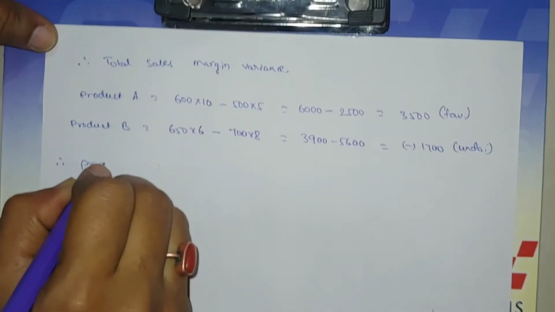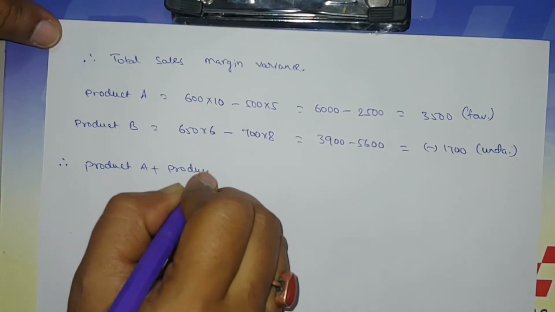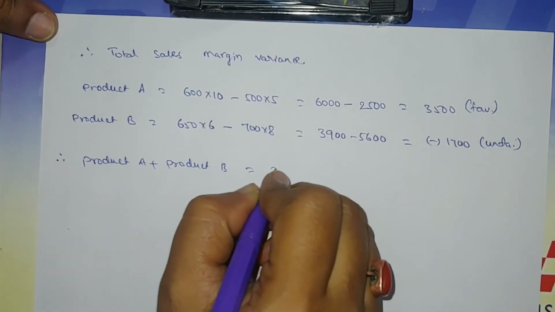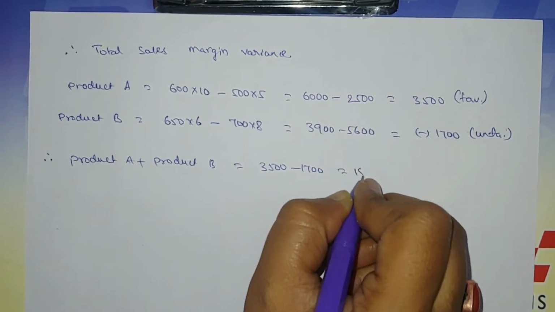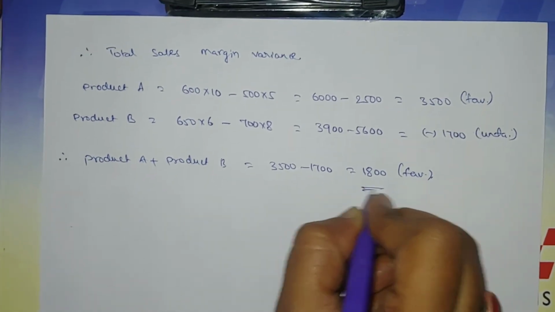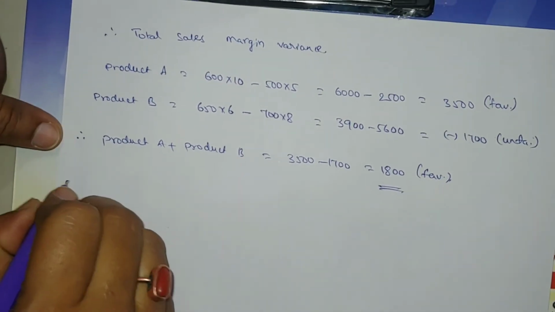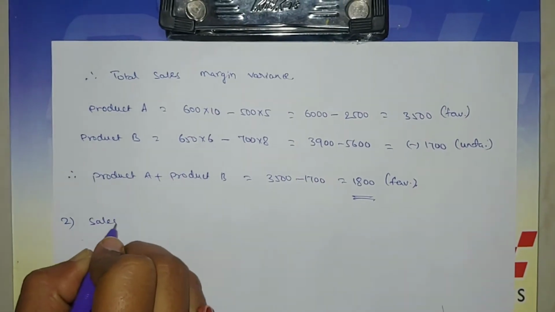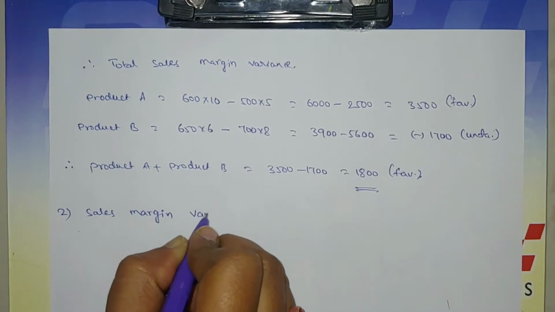Therefore, product A plus product B is equal to 3500 minus 1700. It is 1800. It is favorable. Therefore, total sales margin variance is equal to 1800. Next, second one, sales margin variance